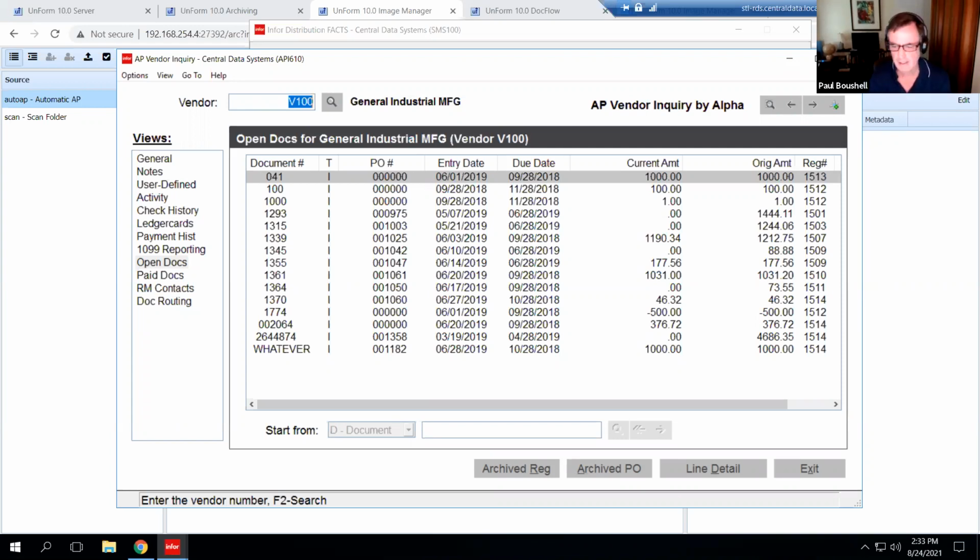But I think the point is that you do have a variety of tools available to you that can be used to automate a lot of different things. A lot of those tedious things you have to do every day, you can automate them with the Image Manager jobs to get stuff just indexed. Just getting all those documents into the archive is a huge time saver, and there's a big return on the investment there as well.